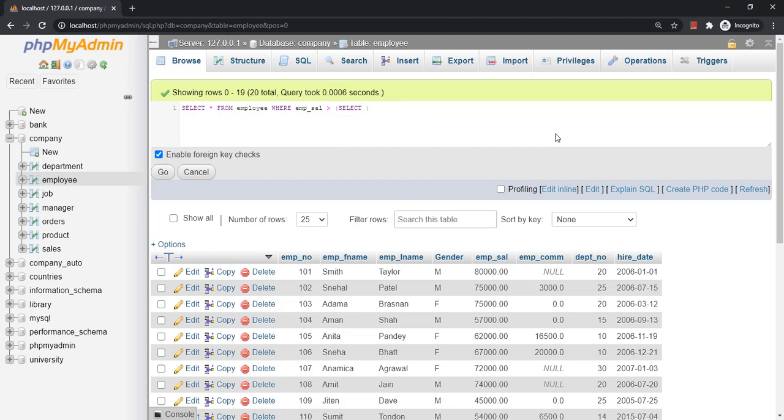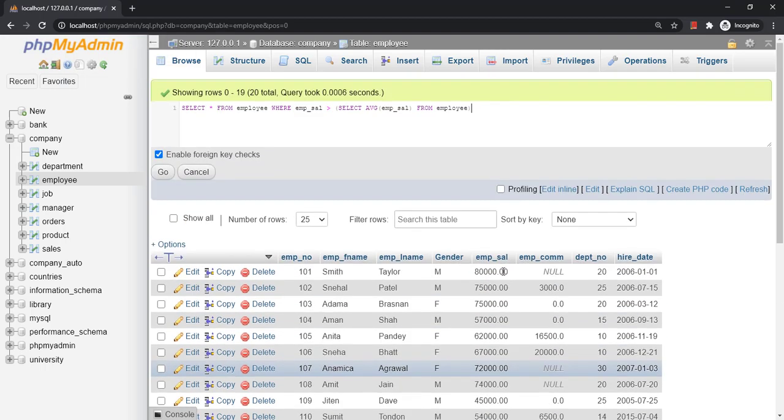So, that will be select average employee salary from employee. Fine. This particular query is going to provide the average salary from the employee table, and that will be compared with the employee salary, and again that will be the filtering condition for this query.